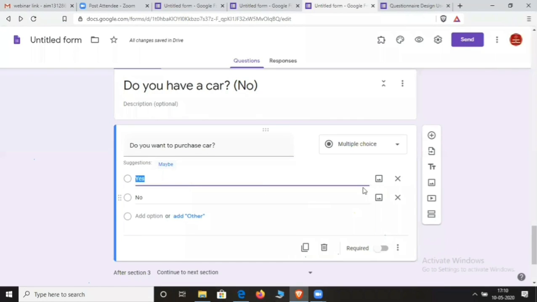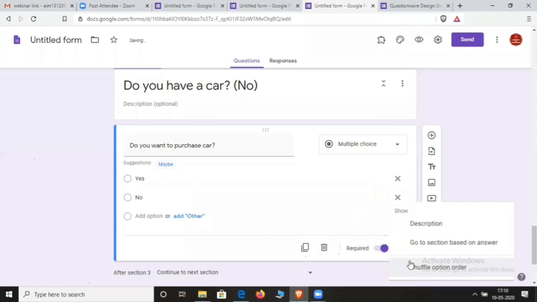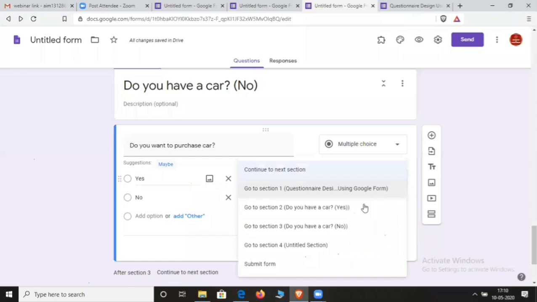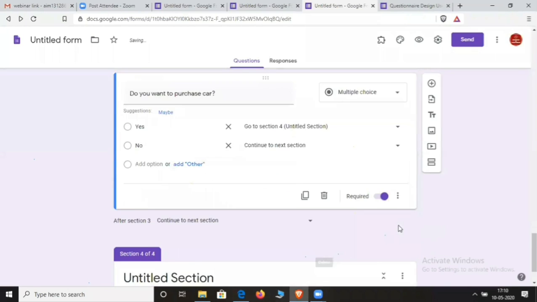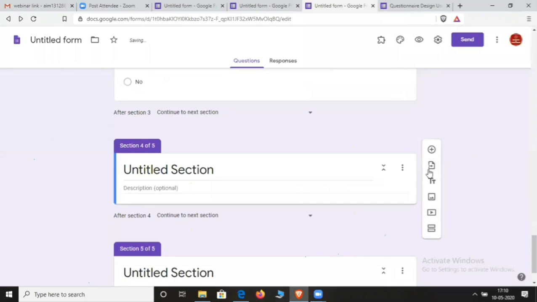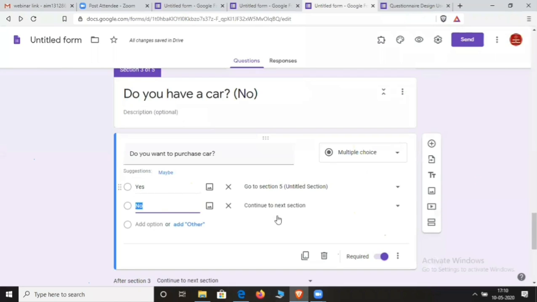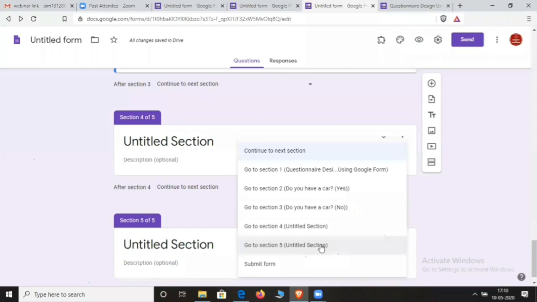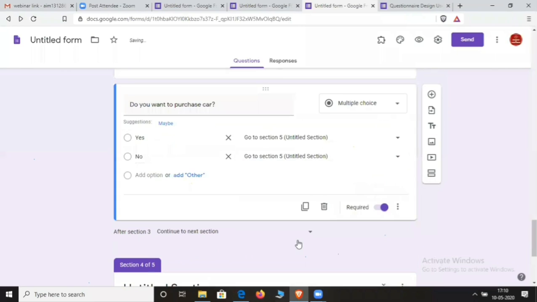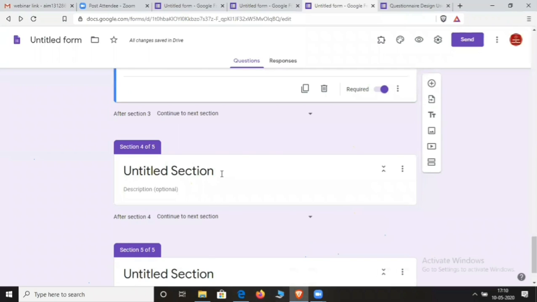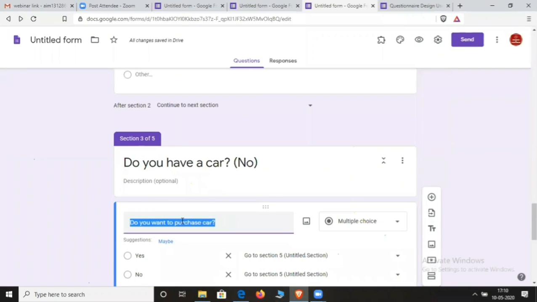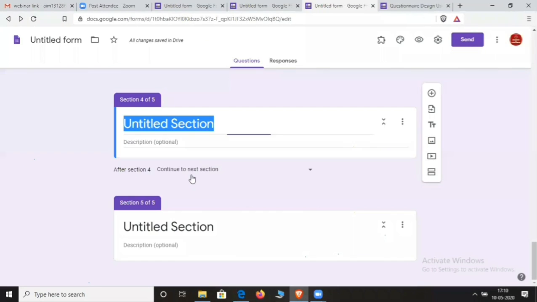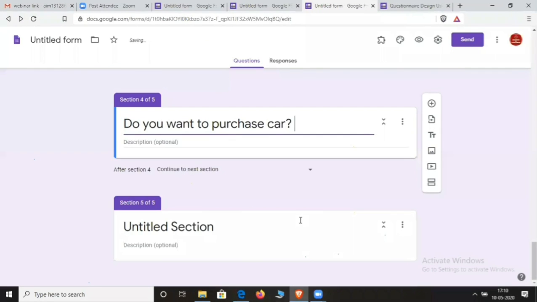If yes, just click on go to section based on answer. If yes, then go to section 4. And again, I will add another section. And if no, then go to section number 5. Now, in section 4, you can just copy this question and paste it in this heading and write in brackets, if yes, then you can add the question.